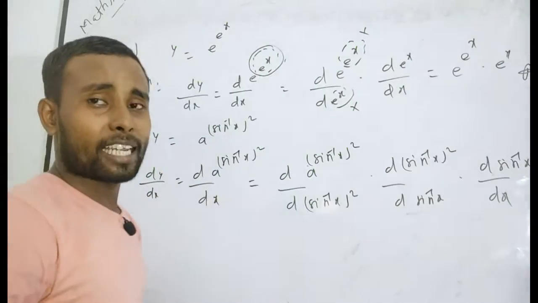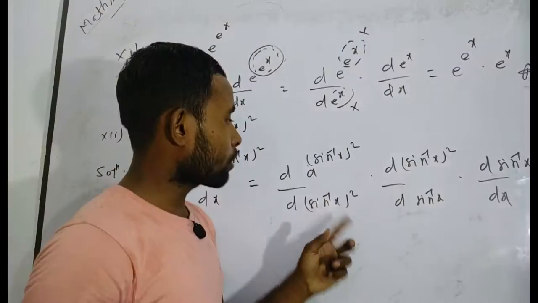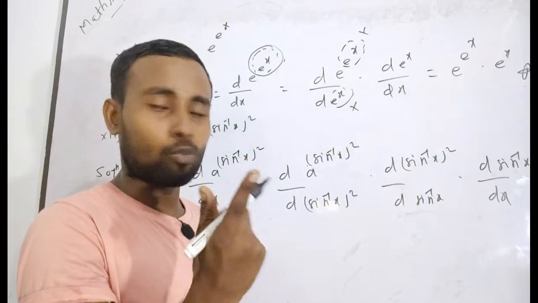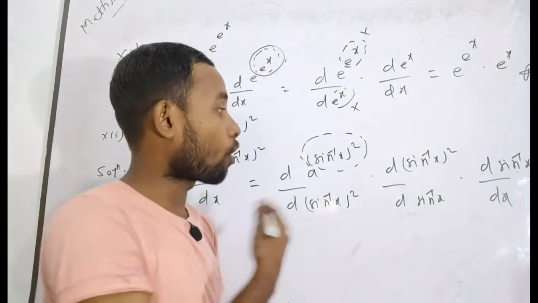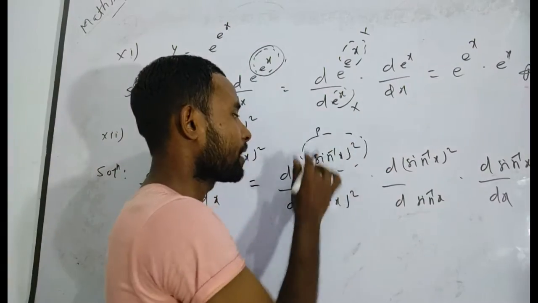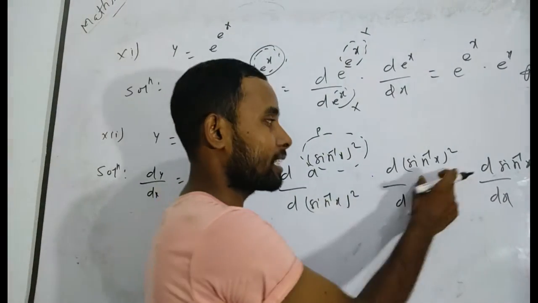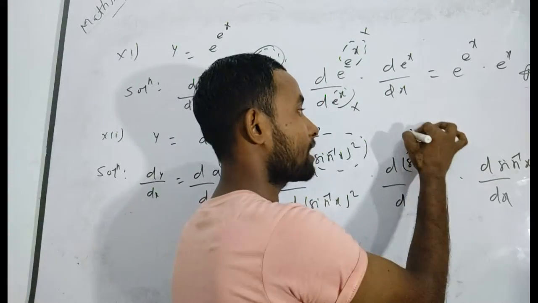Only I have taken here 3 steps. Now you will tell me, sir, how do you write? So you will see here simply, this is in which form? A to the power x. As you know, in place of x is given sine inverse x whole square. That means suppose this is p, a to the power p is differentiated with respect to p. Again for balancing you have taken here. If you take here, suppose that sine inverse x is p, in that case it becomes p square.